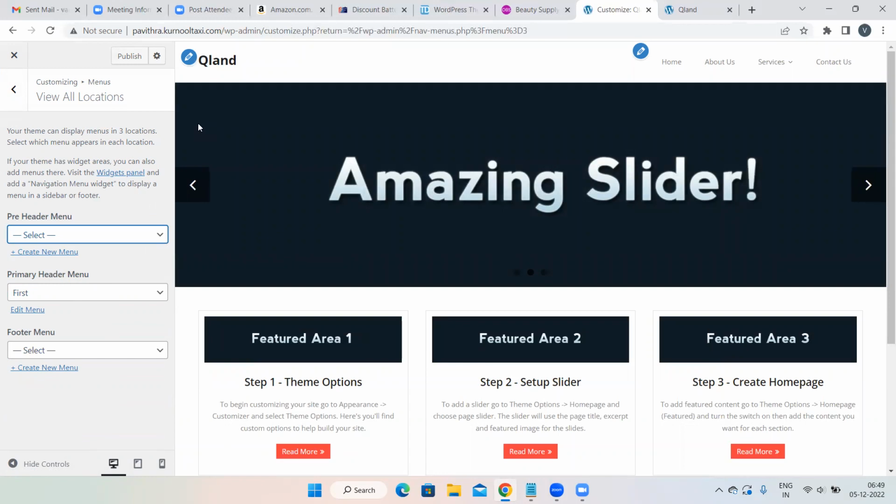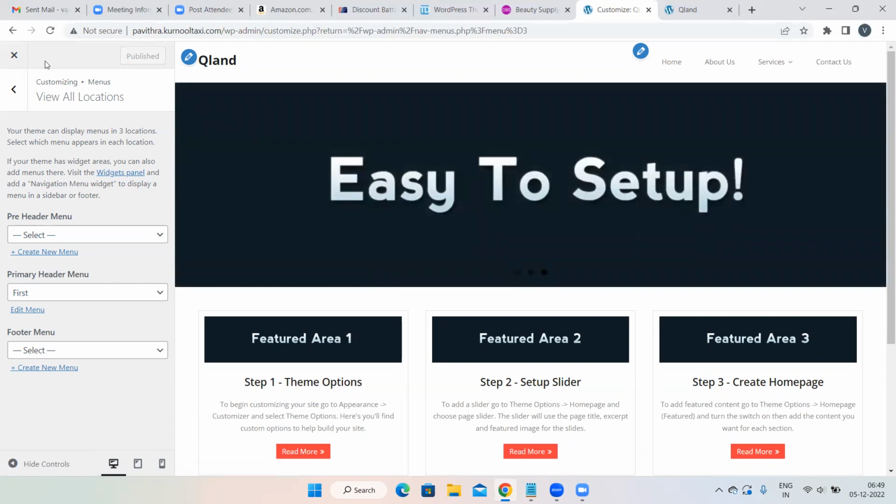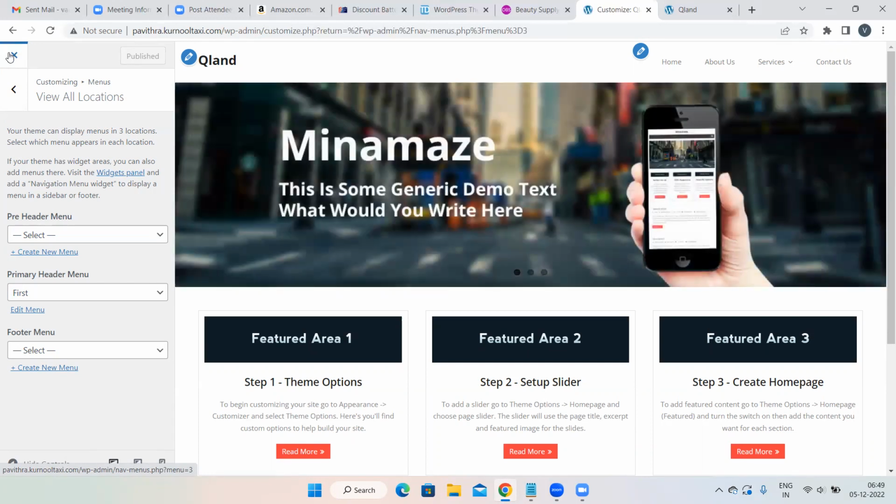In the WordPress dashboard, and also in whichever theme you have taken, in that particular theme dashboard also you have to arrange it. Then click on the publish button. Everywhere publish, update, save, whatever you are able to see, just click on that. Don't click on the cross button. If you click on the cross, you will go back to the WordPress dashboard. We have to do changes, right? We have to